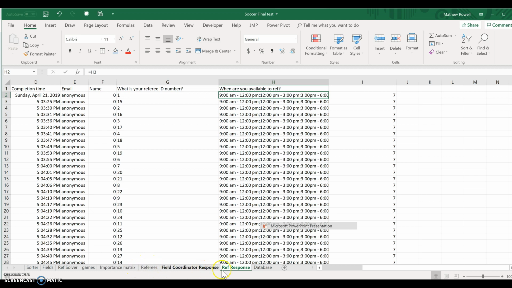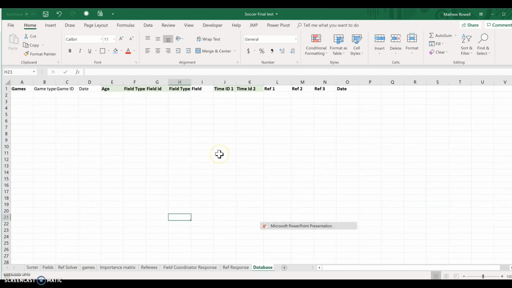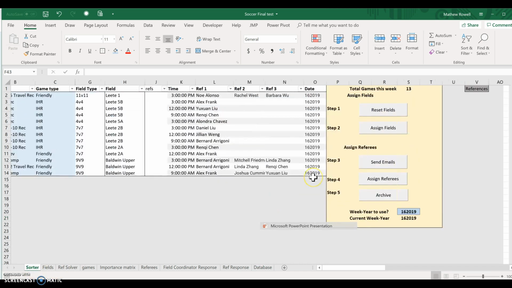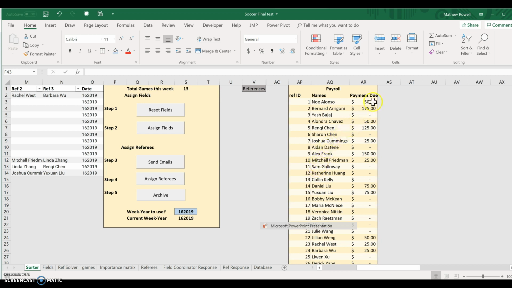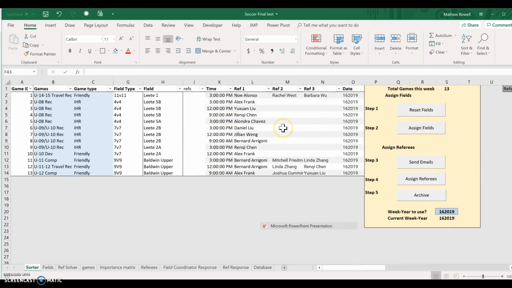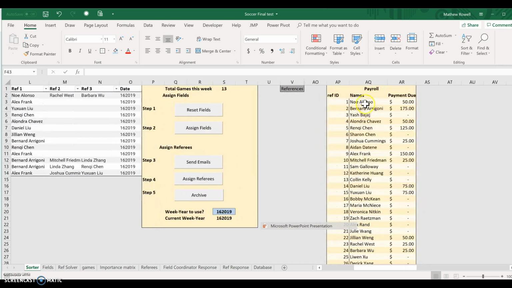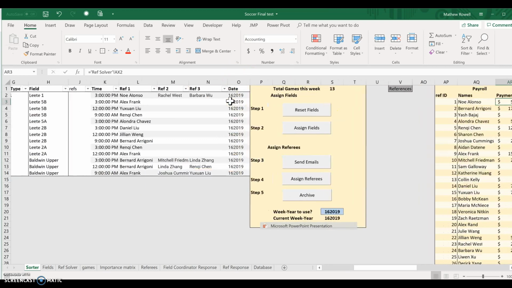And then after all the fields are assigned, they're archived, which puts them in a database so you can see all the past games and all the past refs. And lastly, we have set up a system that shows you how much each ref has earned during this week. So you would see that based on the games each person here has refereed, they would earn a certain amount of money. So Noah Lasso with ref ID number 1 would earn $50 because he refed